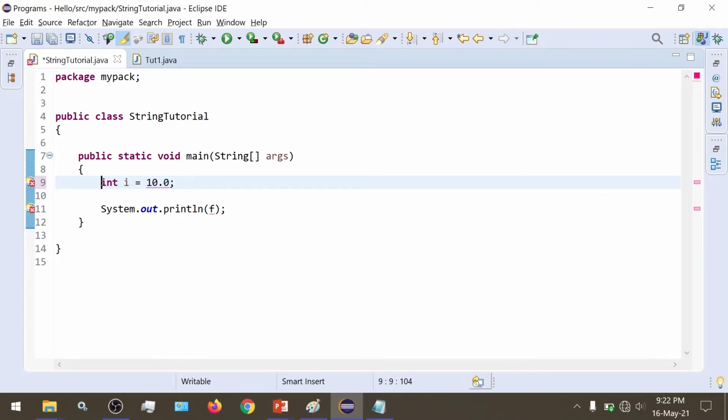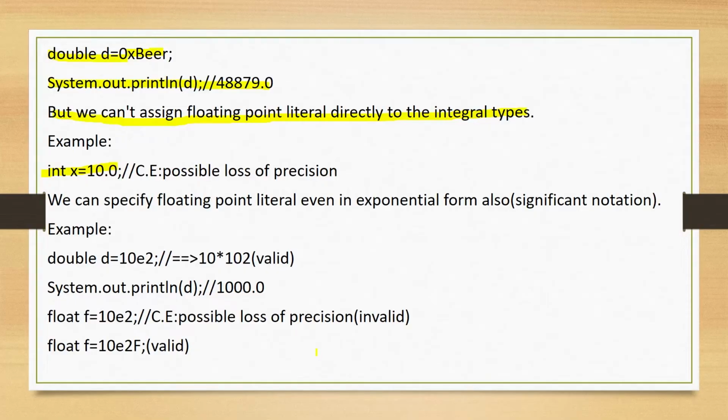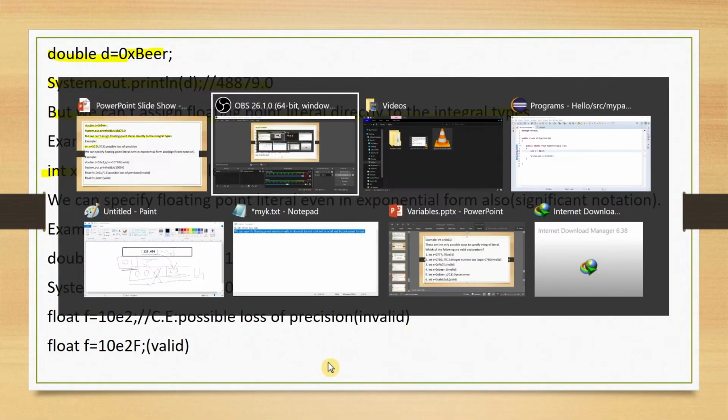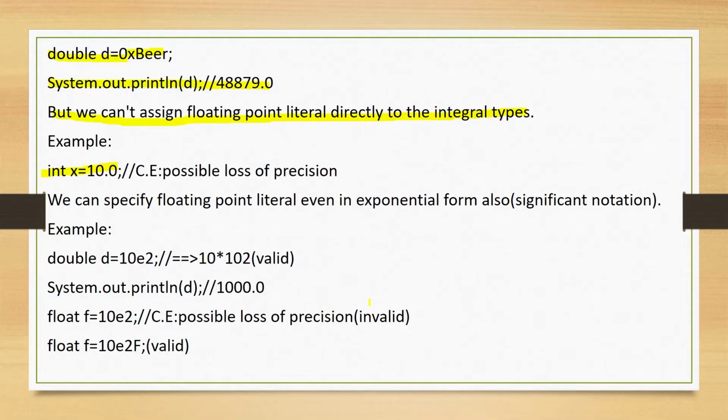But no, the internal memory structuring for float and int is different. That's why we cannot assign a float value to an integer variable. So let's move on. When we run this, we got an error.